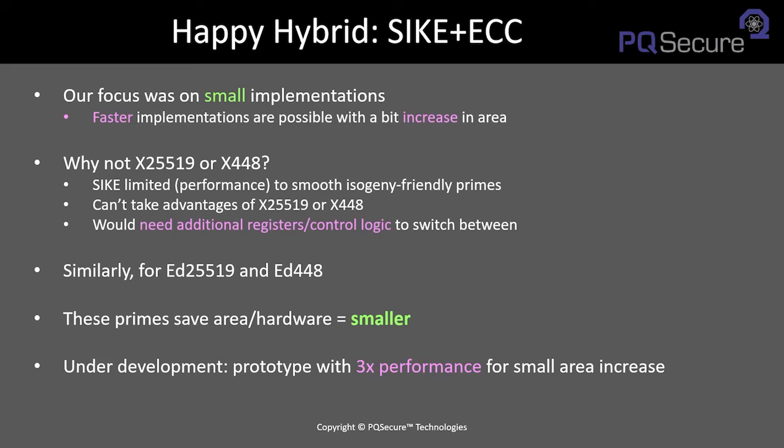In conclusion, SIKE X434 only requires a small increase in communication bandwidth overhead. For P434, it is still less than 400 bytes, which is still smaller than any of the other PQC public key sizes, and it only has a small increase in the total performance. So again, this is our happy hybrid SIKE X434, and please feel free